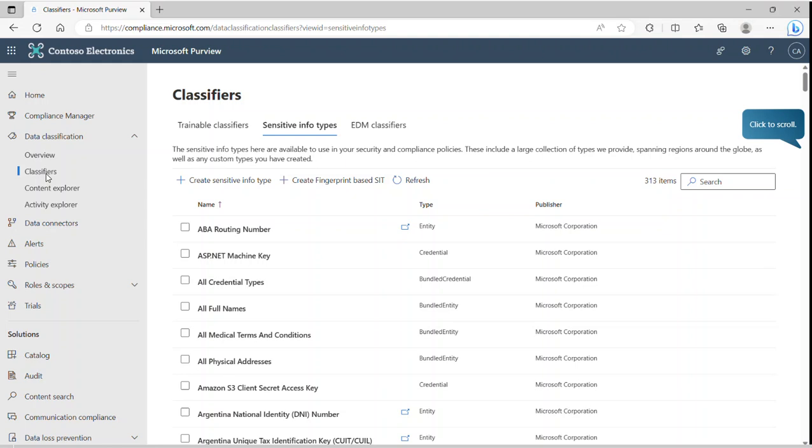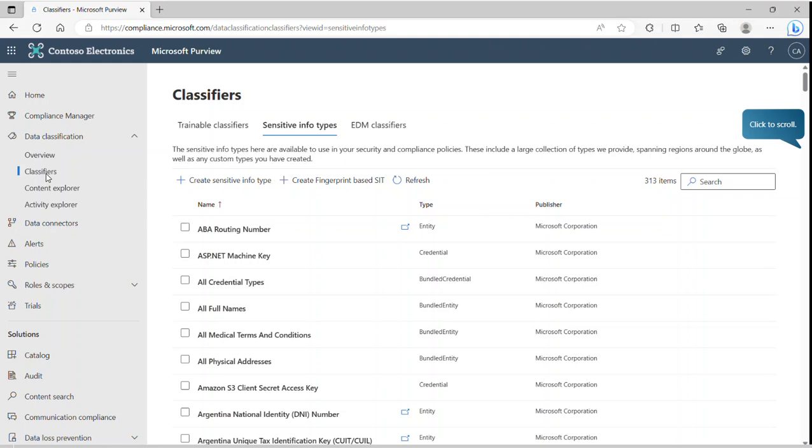And if there are info types that are not pre-built, then you can create your own sensitive info types. And that actually happens very often. Companies have unique requirements, unique data, and most of the time, the information types provided by Microsoft are